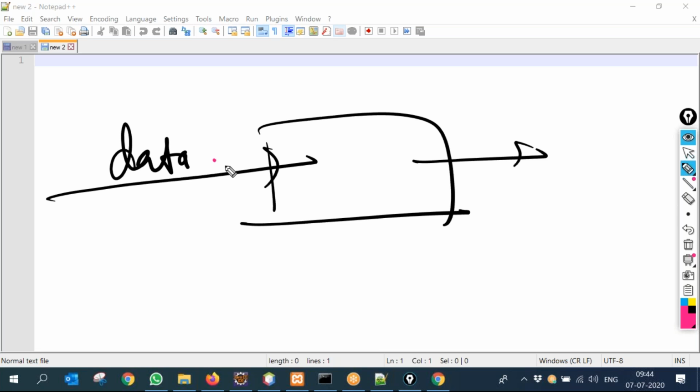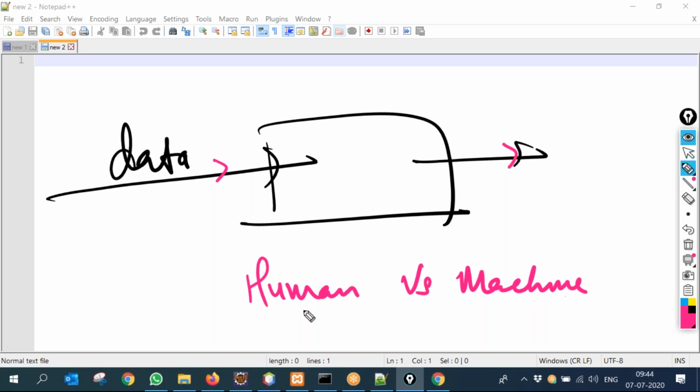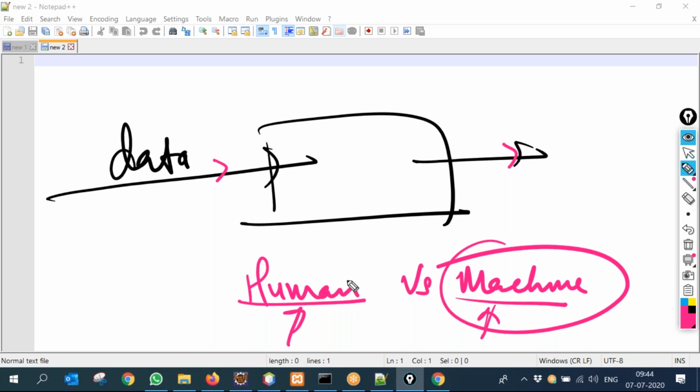Your question can be answered in 2 parts. First part, I take human versus machine. Are they getting different data or the same data? Same data. And the human will make more mistakes. So given the same data, the machine will be superior. So even if data is imperfect, the machine will work better. That is the first part of my answer to your question.